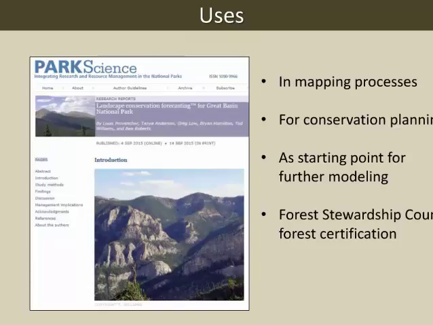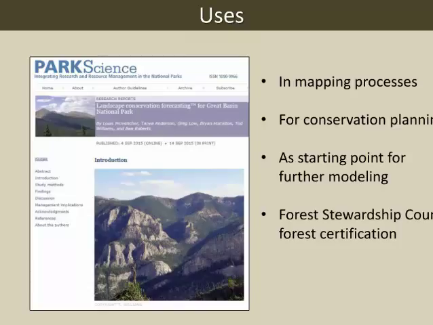So you'll see on this screen an example article written by our colleague Louis Provencher and others, where they used the biophysical settings models to understand how the ecosystems worked historically. Then they amended the disturbances to represent current conditions. So they may have added in fire suppression, invasives, resource extraction, maybe new grazing regimes, other things like that to understand the landscape today. Then, coupled with mapping, they would try to figure out with stakeholders what they wanted the landscape to look like going forward. Then in the modeling software, they would test different management strategies. So it's kind of fun.